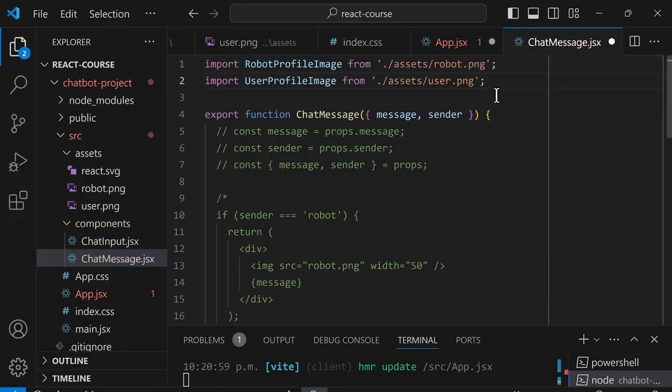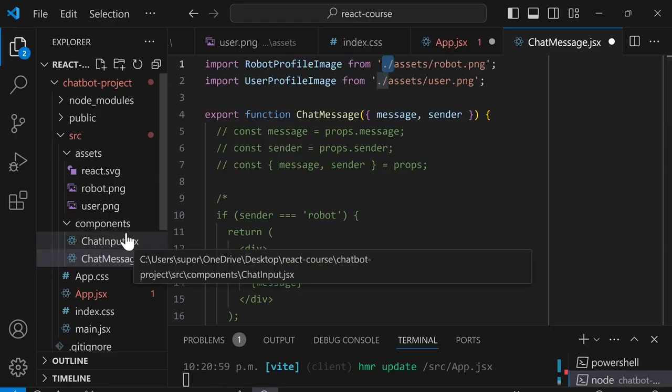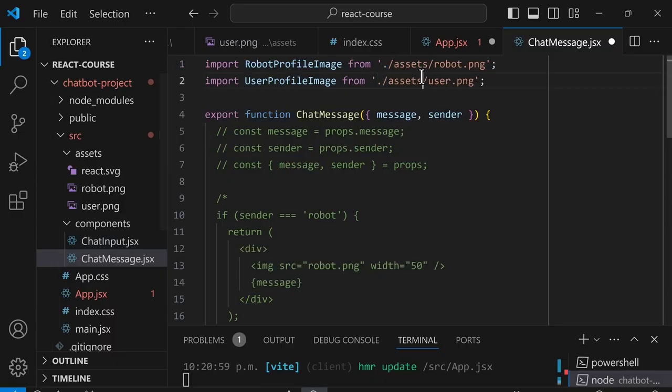Now, one thing we need to be careful about is that we may need to update these file paths. So now, this file is inside the components folder. That means ./ is going to start at the components folder. It's not going to be able to find the assets folder anymore. To fix this, at the front, we're going to use ../